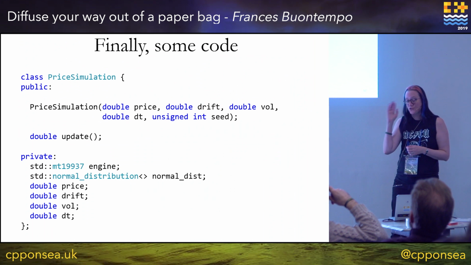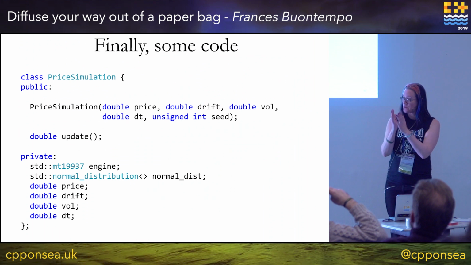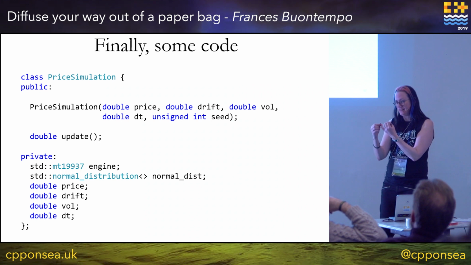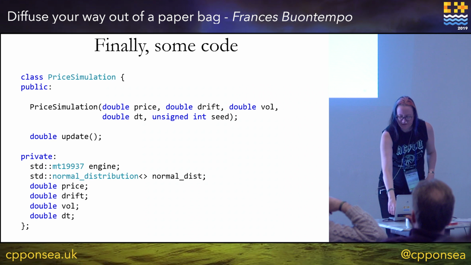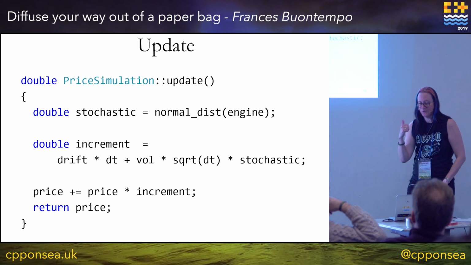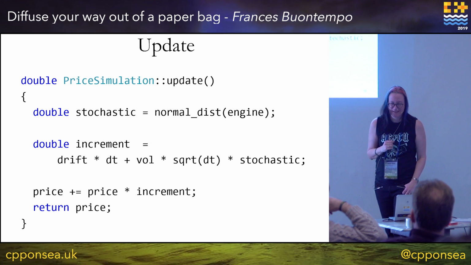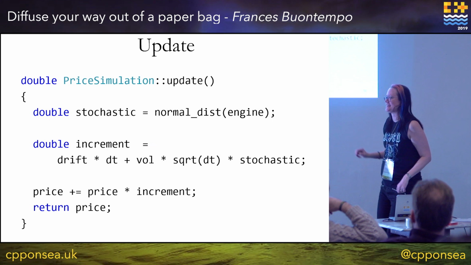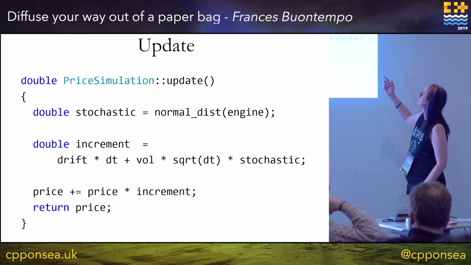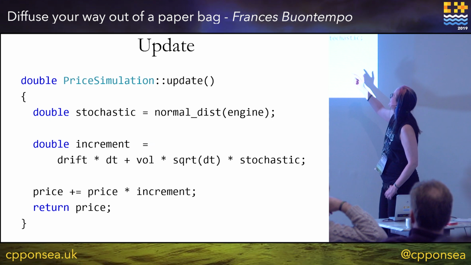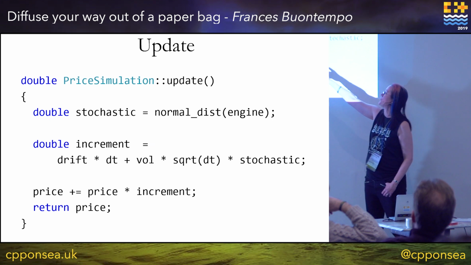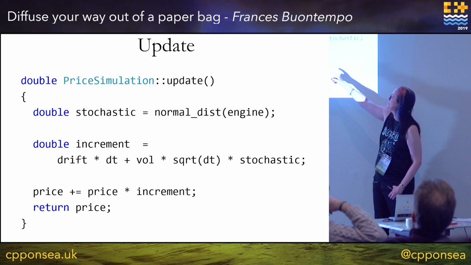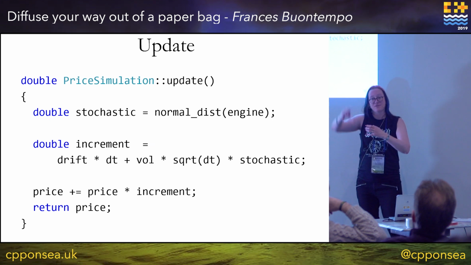So, some code. We're going to have a stock price simulation, and it's going to start with one price, and we need our drift, our volatility, and the seed and this dt, or the step size that we had before. And this time, we're going to do some multiplying and adding up, slightly more complicated. Still the same thing though: get our stochastic number, a random number, from our distribution, which gives us the increment. We've still got the dW and root t going on, but now we've got the drift and the volatility as well. Multiply them together, and that's the step size that we move by.